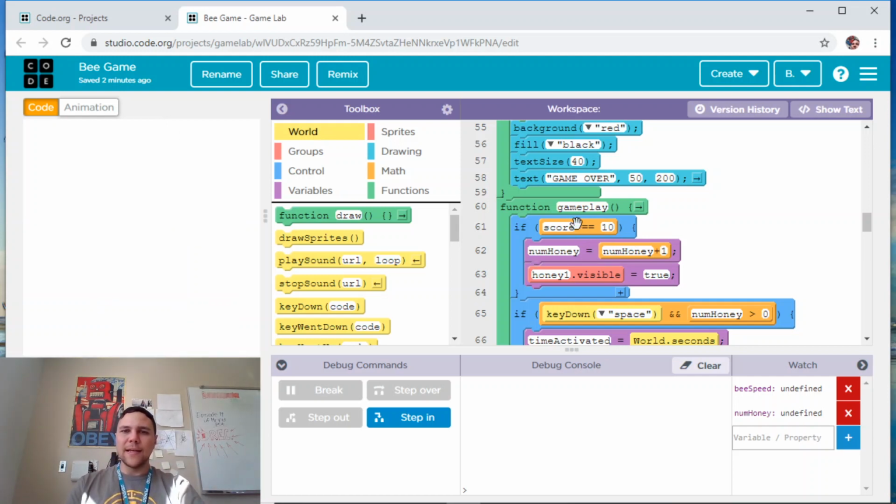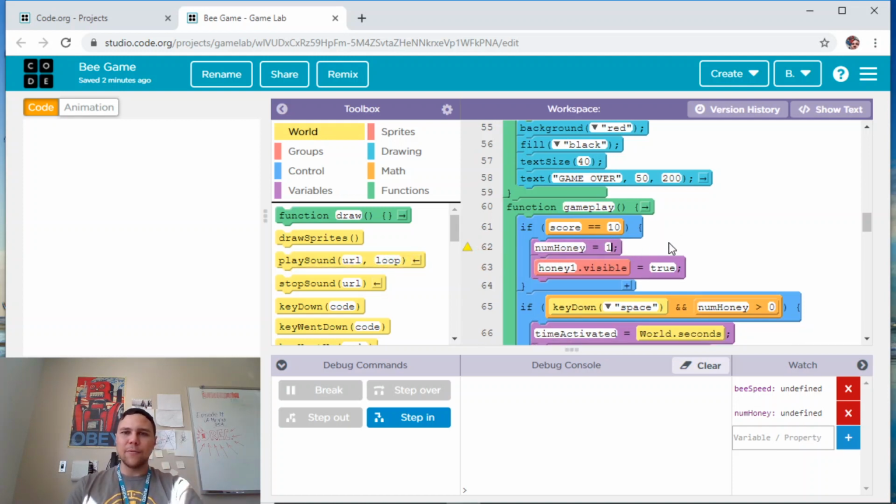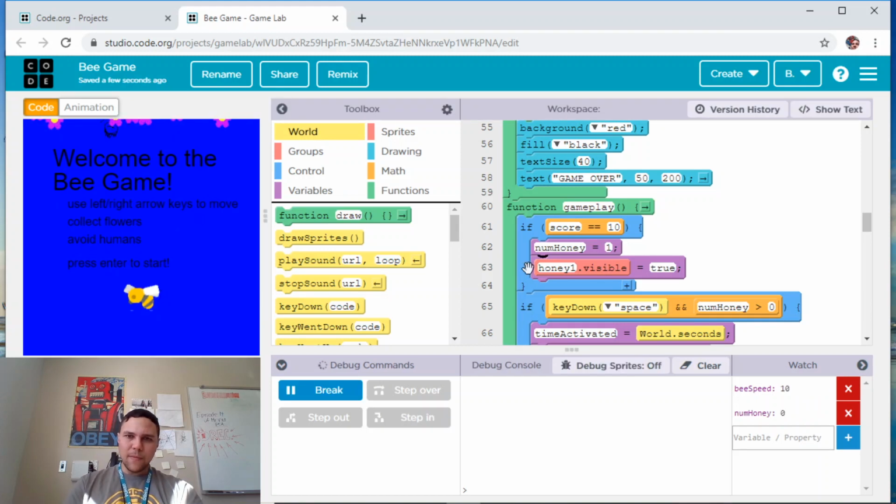So it said, is score equal to 10? Yes, let's add 1. The next cycle through the loop, score was still equal to 10. It added another 1. So we can do some work here on these two things. But the easiest way to do this right now is if the score is equal to 10, we're just going to set num honey equal to 1. So that's going to, even if it keeps going through it, give us our first power up, and honey.1